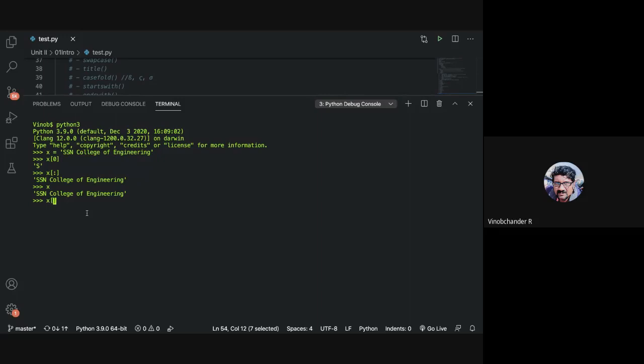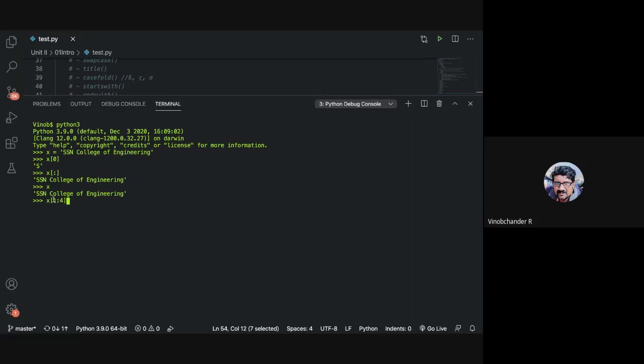Now you can make use of the index operator and the slicing operator within it to specify your start position and the end position. You can specify something like 1, and this is your end position, say 4. What do you mean by this? Let us understand. This extracts the string starting from position 1, in fact, since it starts from 0, it extracts your second letter, and it stops at the last position, but not including the last character.